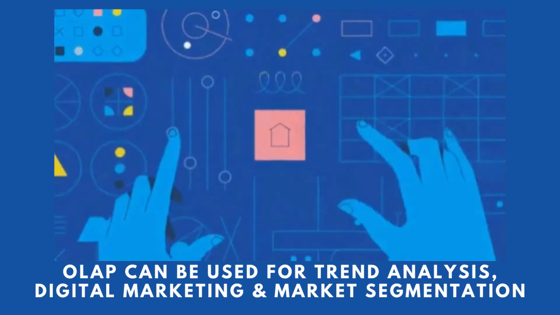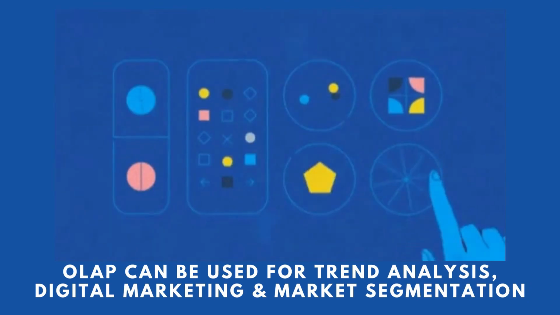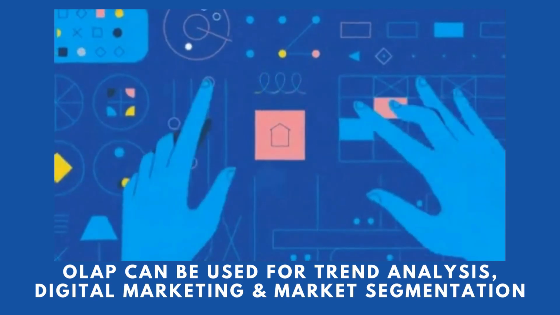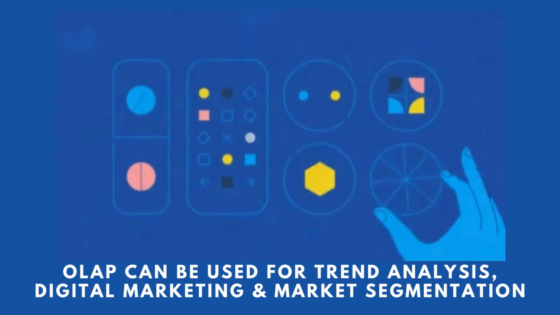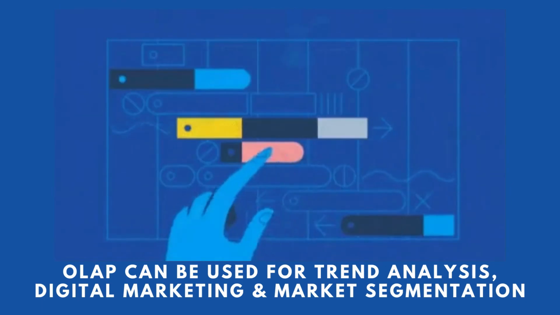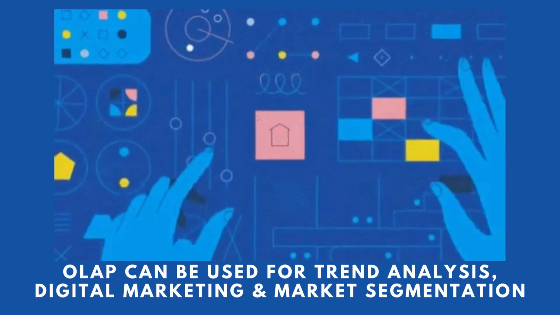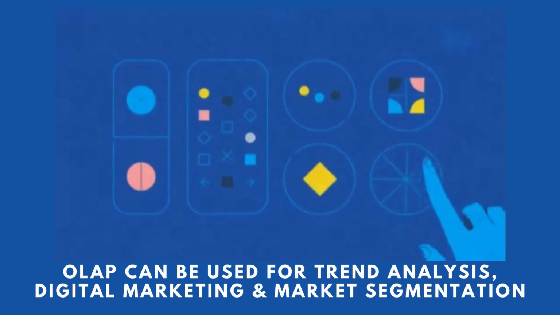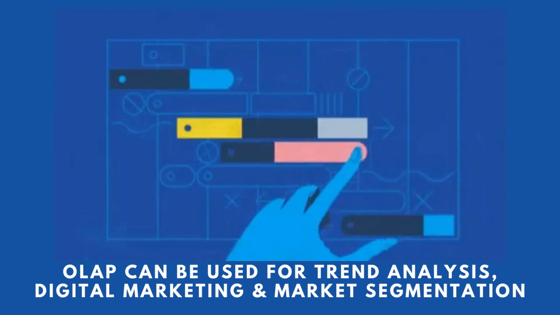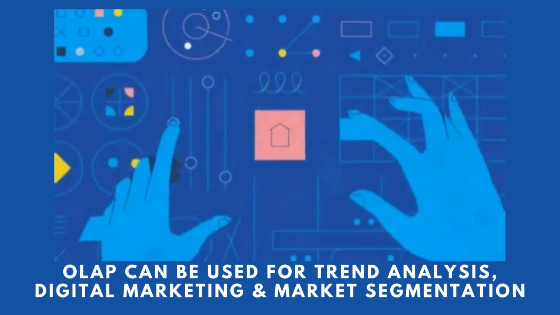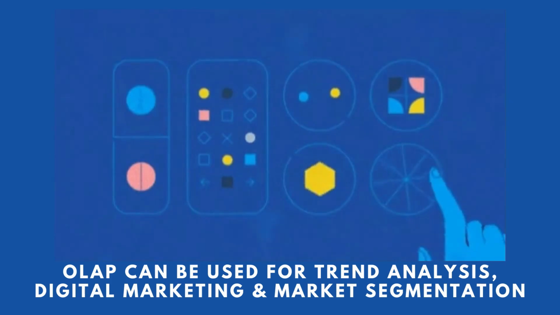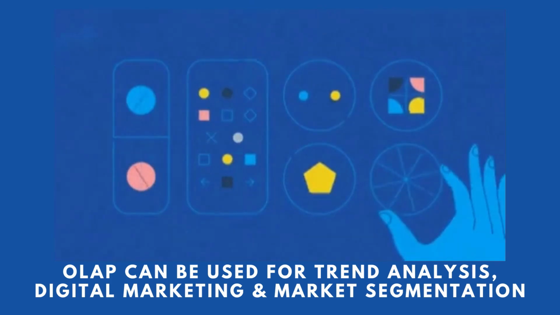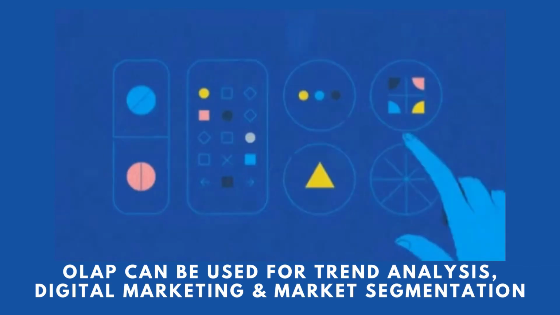An OLAP-based data warehouse can be applied in marketing as well. First, it can be used for trend analysis, as it enables managers to predict future outcomes from historical results. Second, digital marketing relies heavily on data warehouses to encompass versatile data from web analytics, PPC campaigns, display ads, social channels, CRM, and email service providers. Third, many organizations are focusing on integrating data warehouses for market segmentation to get data analysis of customer behavior.